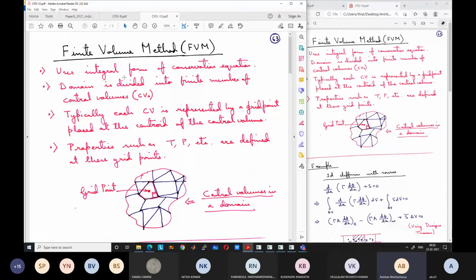The finite volume method, because of the nature of the conservation equation treatment, basically confirms that the conservation of parameters like mass, momentum, and energy will be valid over the entire domain directly. This is not true for the finite difference method.